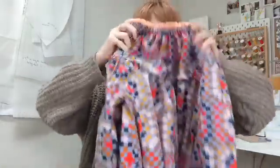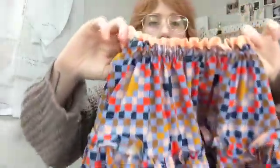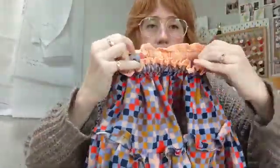Hello, this video is going to show you how to insert the ruffle into the collar of the Ramona dress from Spaghetti Western Sewing. I'm going to start off by showing you a finished sample because I think it will help you understand the overall finished look. So this is a dress version, and here you'll see we have the yoke, and I've sewn the ruffle in